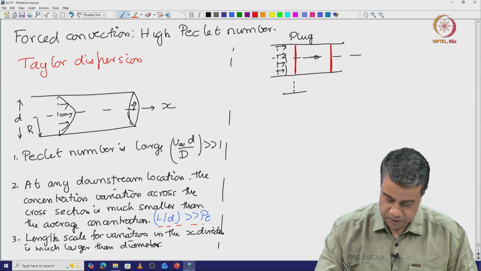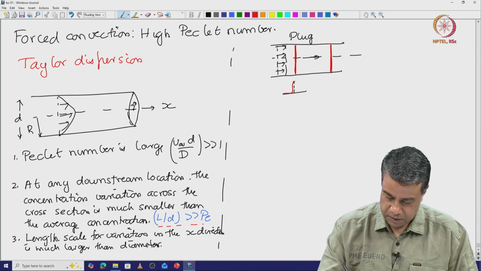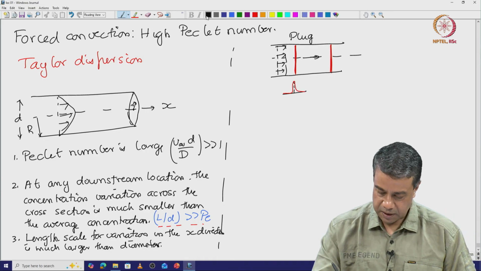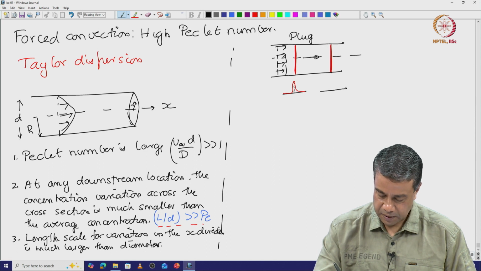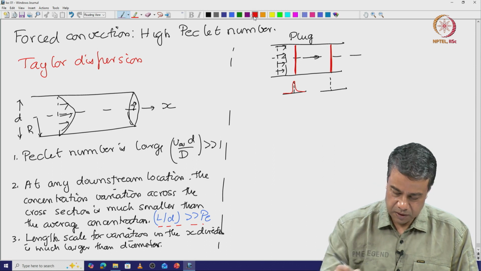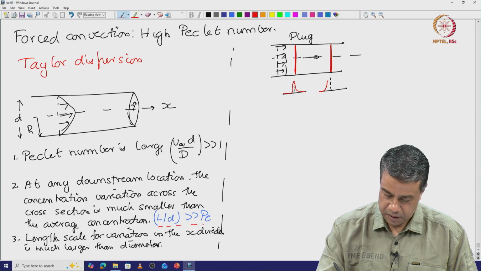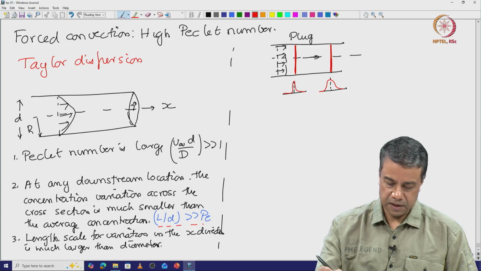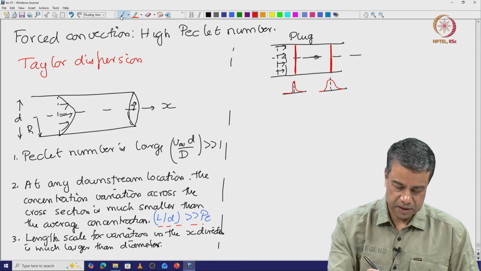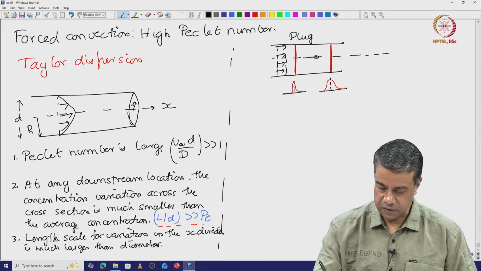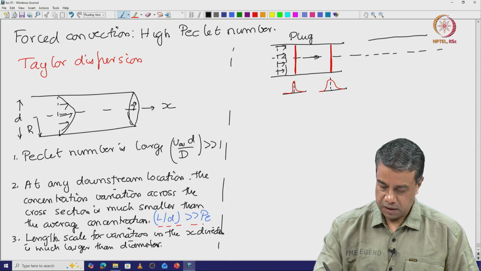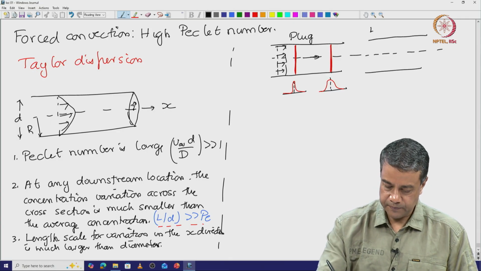the concentration looks something like this over here. The only way that it would spread at this location is due to molecular diffusion. The width would become slightly larger and the height would become slightly smaller only due to molecular diffusion. On the other hand, if I had a laminar flow,